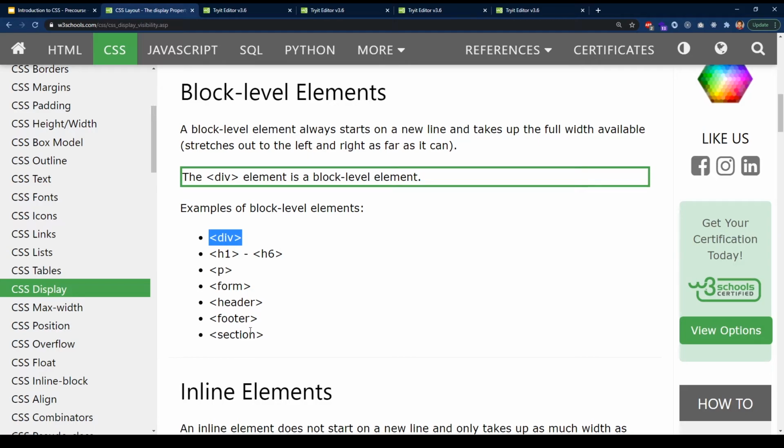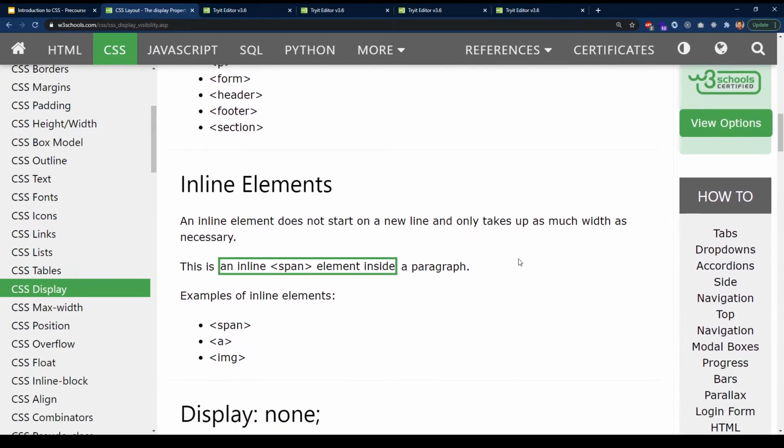They don't allow other elements to take the same line as them, and we'll see an example of how that looks. There's also inline elements. Inline elements are kind of friendly, so they allow you to take space. For example, if you want to put something on the left and on the right, you could use this. So let's say you want to have text on the right and on the left, you could use